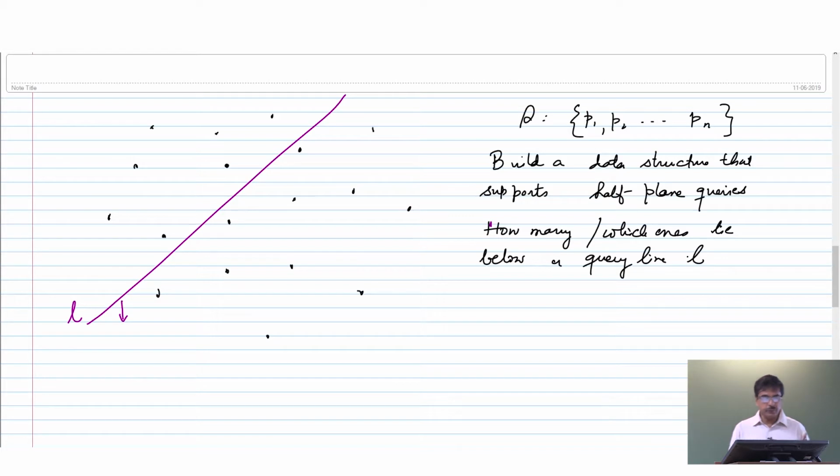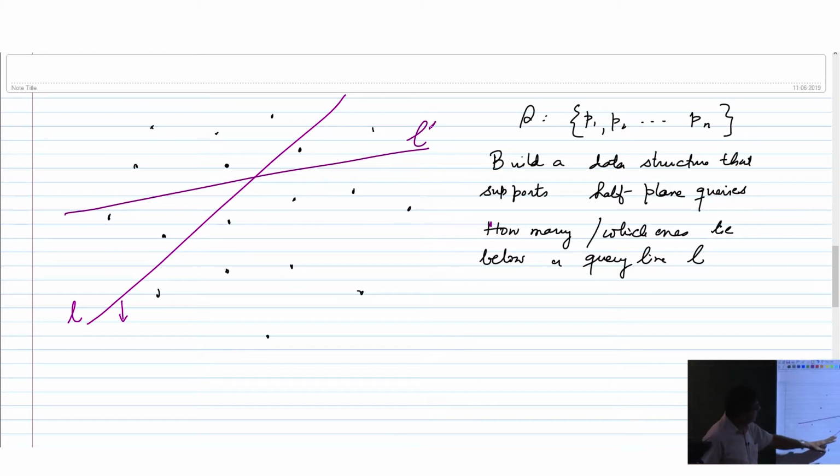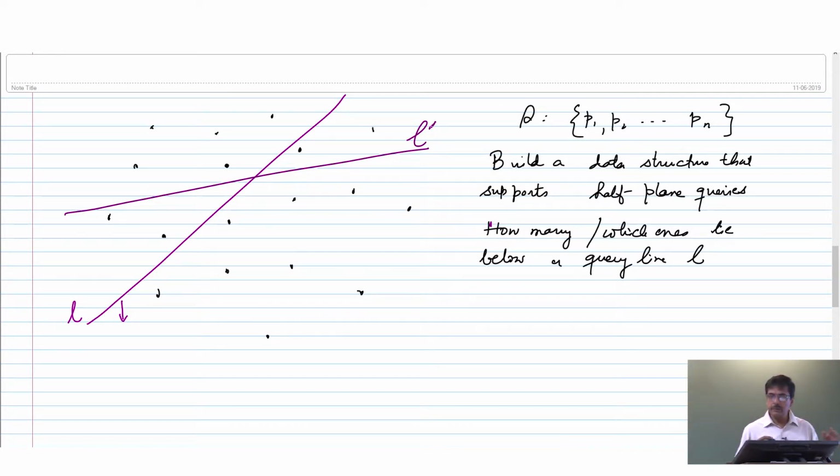Okay. And it need not be this query, it can be any query, right. So, this is just one of the possible queries. How about we could have like this L prime, clearly L prime and L will have different answers. Okay. But on the other hand, let me also point out that if this L, okay, is just perturbed a little bit, the answer will still remain the same, right. So, although there are infinite possible lines, the answer to the query is not all infinite possibilities. Okay. In fact, it will be very, very limited. Okay. So, something to ponder about is how many